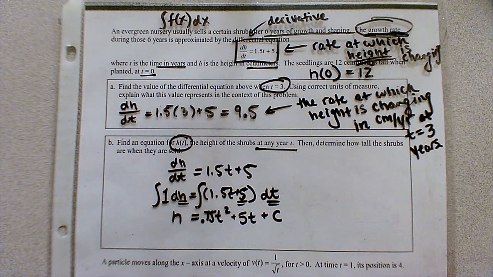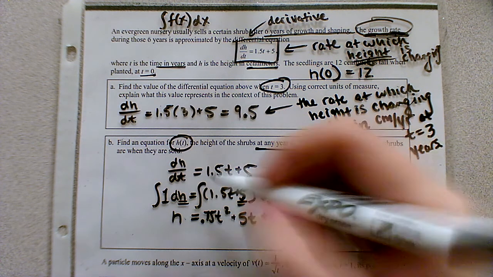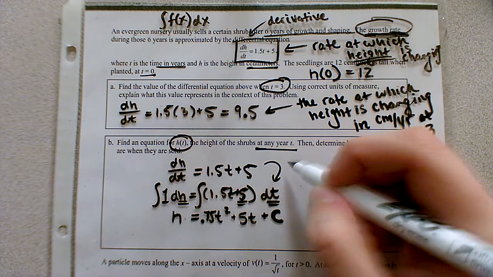Now, technically we should have put a plus c on this side and a plus c on this side, but the constant on the left could be something different than the constant on the right. So if we combine the constants together, that's just going to be a new constant anyway. So you really only need to put the plus c on one side of the equation. It technically doesn't really matter. So more often than not, we just assume that it's on the right-hand side after we've solved for this h function. So if we rehash the steps here,